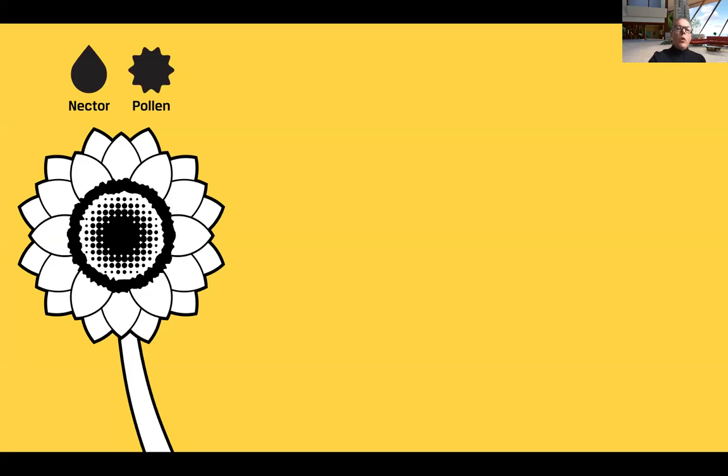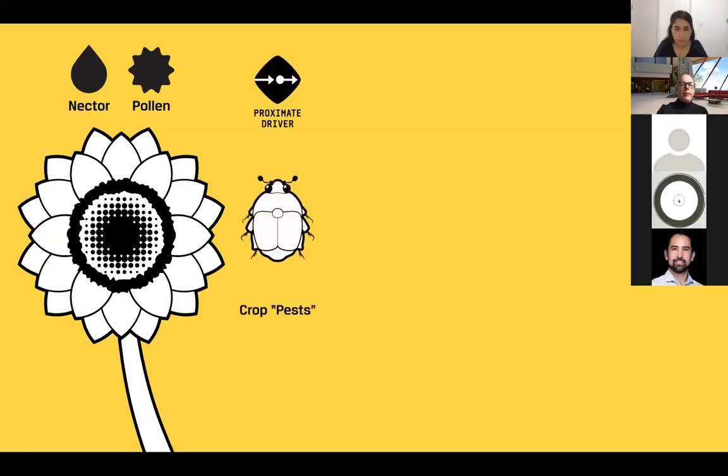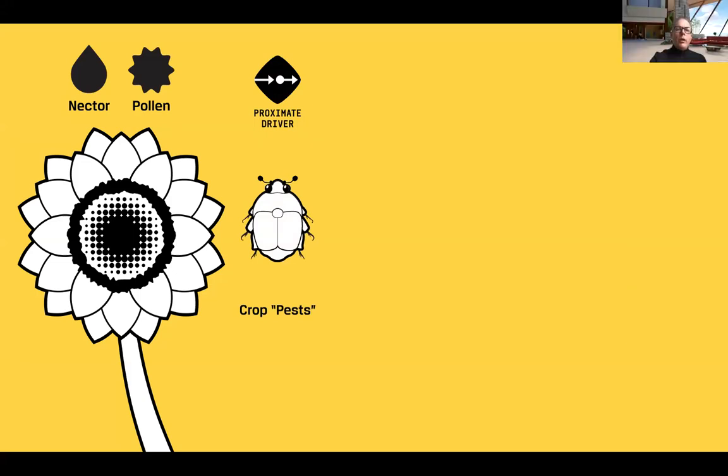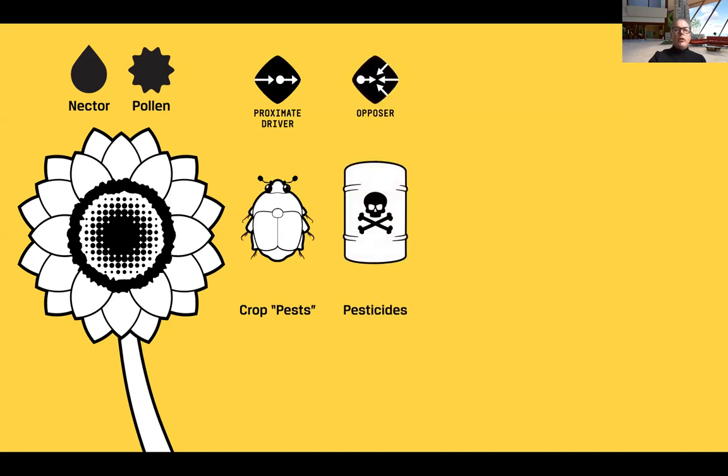But one of the problems, if you have something like a sunflower, is that a sunflower attracts various crop pests, which have parasitic relationships with the flowers. And so farmers will identify this as a threat, a proximate driver of what's causing their crops not to have a high yield. So in order to confront that, they'll provide an opposing force, which is pesticides. The problem with pesticides is that